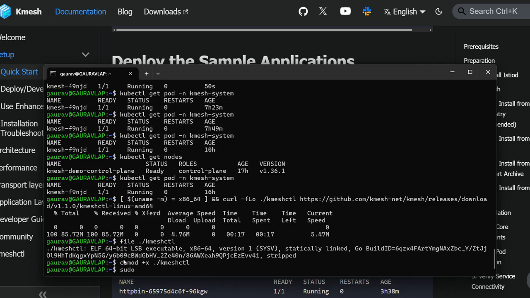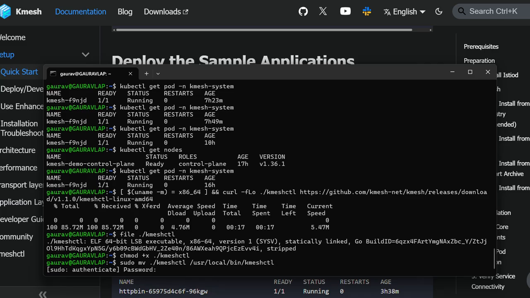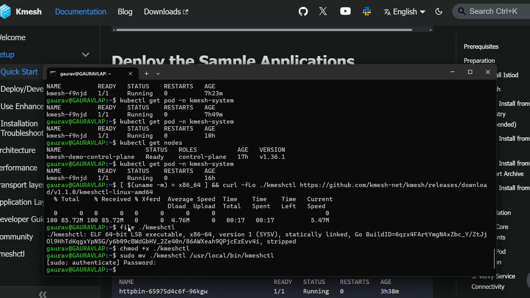Also we assign the path. So the path is also assigned here.